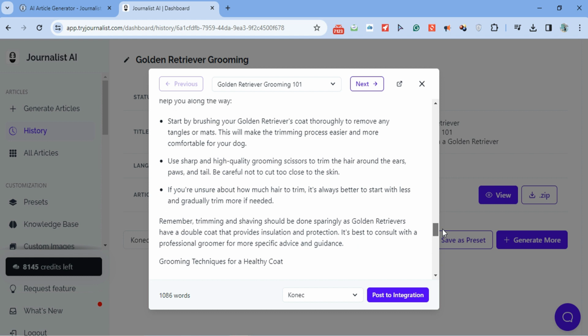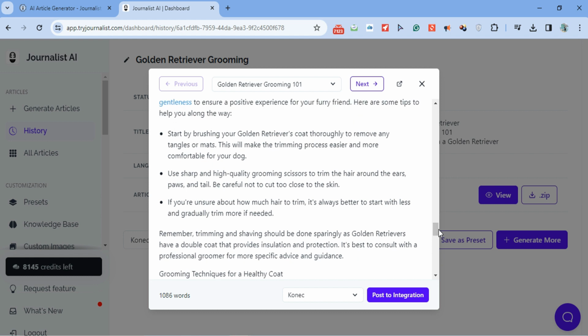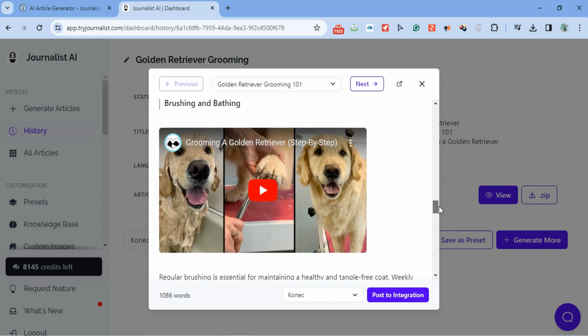If you're not doing this, you're going to get left behind because, for example, let me tell you, if I'm a dog business owner or a dog grooming business owner, I can just go here and produce this content. I can just click here to post it straight to my WordPress site. And again, all these articles will have, as you see here, an in-article image, a table of contents, proper